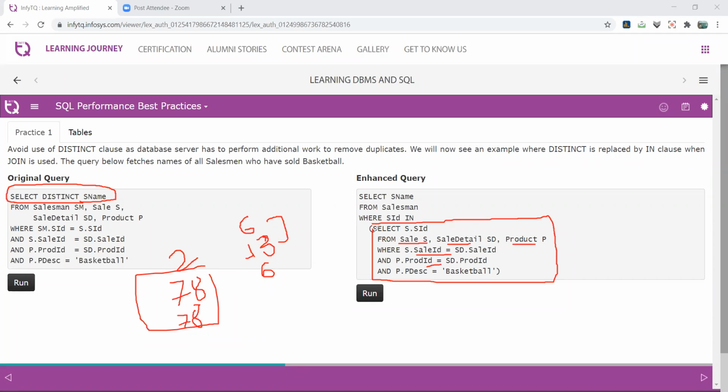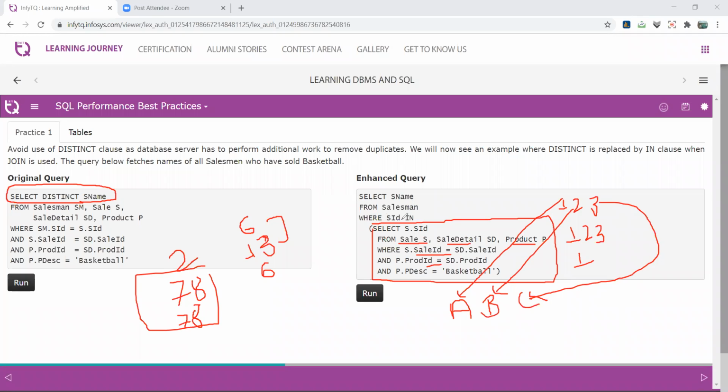Now after performing this query we get the output 1 2 3, again 1 2 3, and again 1, right? One ID represents A, two IDs represent B, and three IDs represent C. Okay, clear? Is this part clear? Now let us understand this part further. Now select S name from salesman where SID in, right?